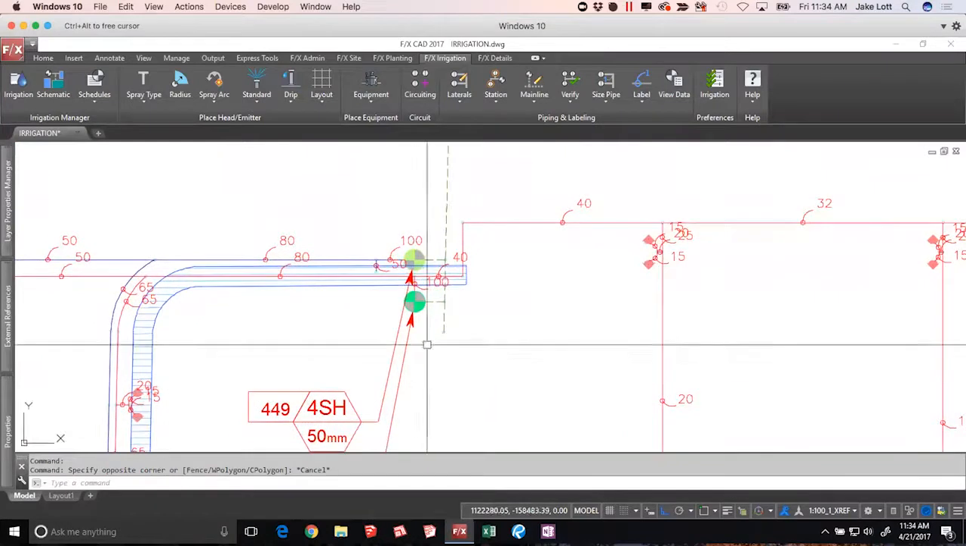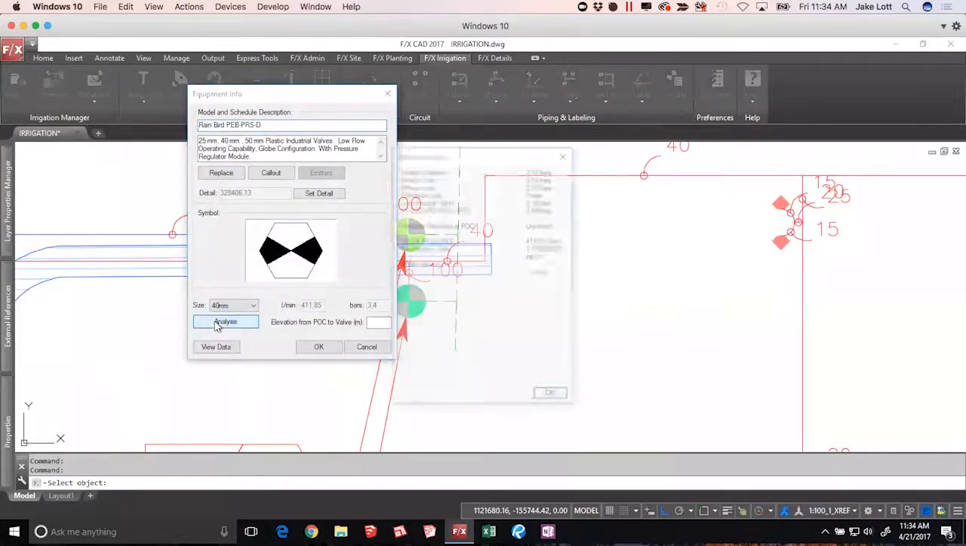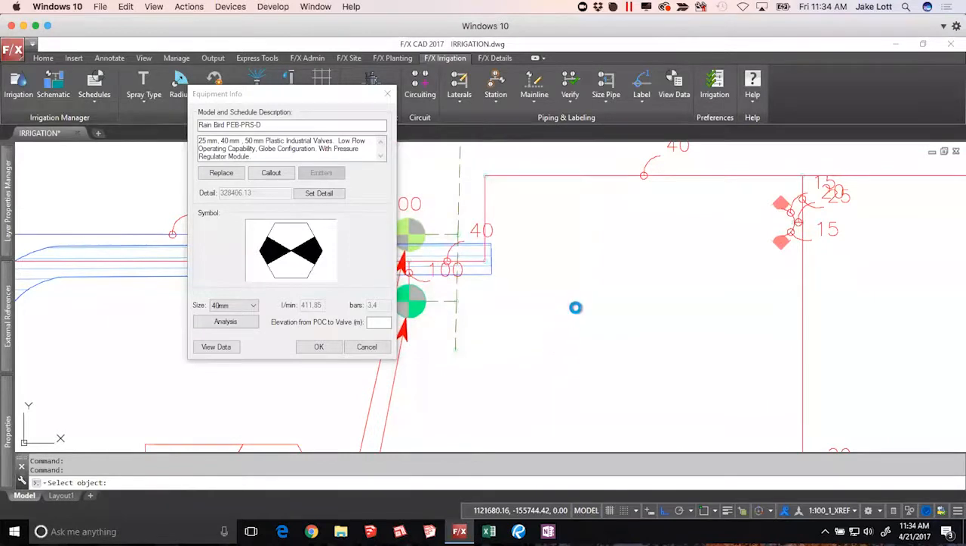So understanding that you could go into that specific valve and look at that valve analysis here, looking at if everything's looking pretty good here, and then seeing that the precip rate is just crazy. Now, the precip rate is based off of the coverage arc. So that little dotted circle that you see when you're doing your coverage radius there,